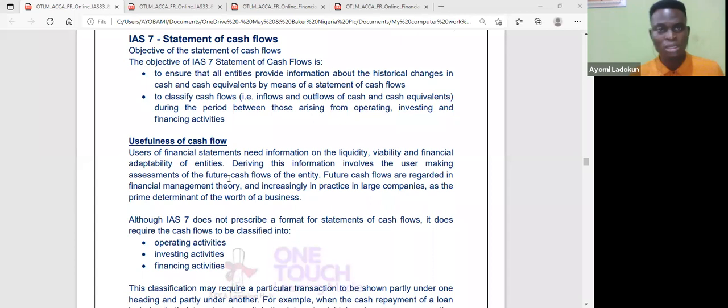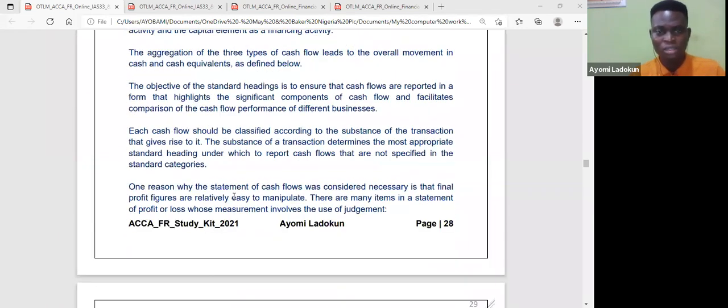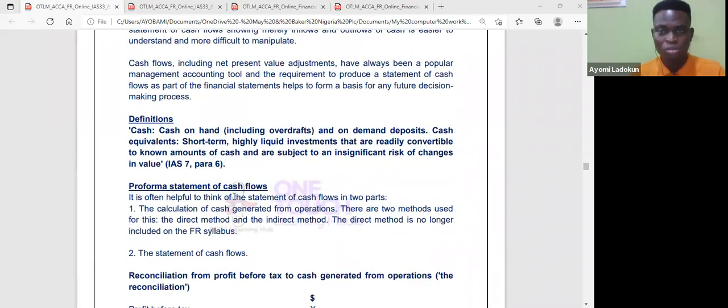So yesterday we said IAS 7 applies to the statement of cash flows. And the most important thing here is for you to know what constitutes your operating activities, investing activities, and of course, financing activity. And we also established that there are two methods of preparing cash flows. We have the direct method and the indirect method, where you needed to adjust for the profit before taxes, okay? And obviously, that is what your examiner is going to